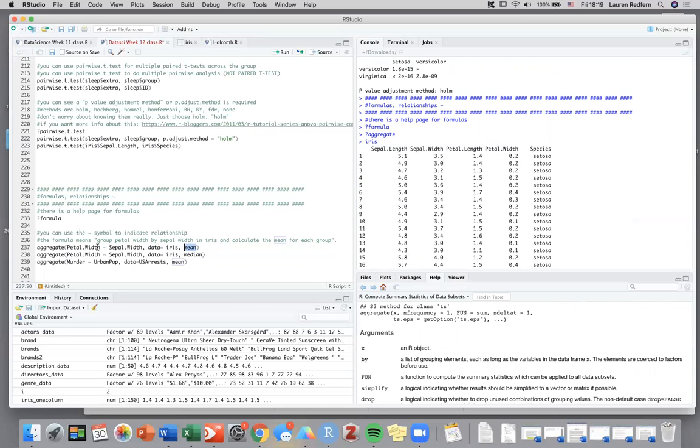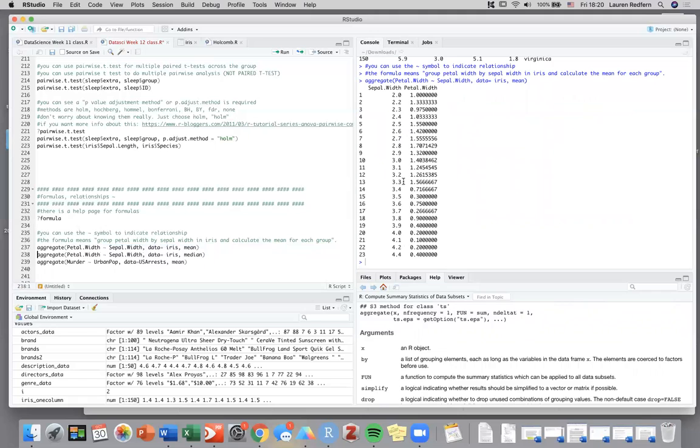So I'm going to group petal width by sepal width in the data set iris, and I'm going to group them by the mean. So I would copy this and type in your own data set for this. Don't worry about understanding too much of formulas. This is a really basic intro, and we're just looking at grouping a set of data by another set of data using mean. So you can see when I run this, I'm grouping sepal width